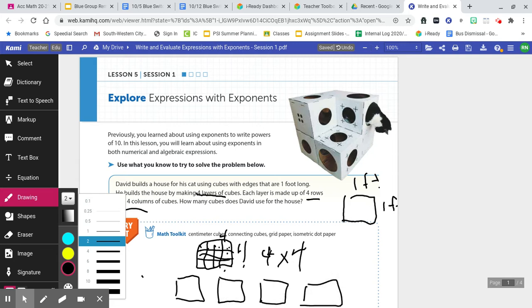So a 4 by 4 is 16, and 16 for the second layer, 16 for the third layer, and 16 for the fourth layer. So if I added those up, 16 plus 16 plus 16, I'm going to get 64. So I figure David uses 64 cubes to build his cat house. Another way we could have done it